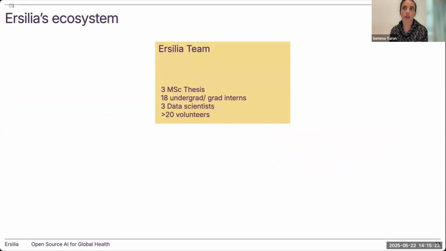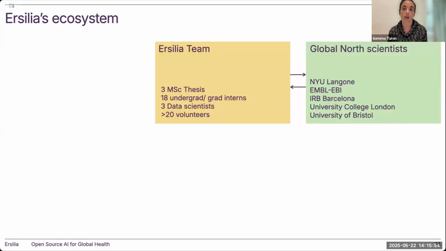So just before we go really into the FAIR principles, especially FAIR principles for research software, let me give you an overview of who we work with on a daily basis so that you understand why FAIR becomes so important to us. So we are a fairly small team. We are currently 4 full-time people. We also have master's students, undergraduate and graduate interns, and a lot of volunteers that contribute to our cause. And this team interacts on a daily basis with other scientists based in the global north. Ersilia's offices are currently in Barcelona, I didn't mention.